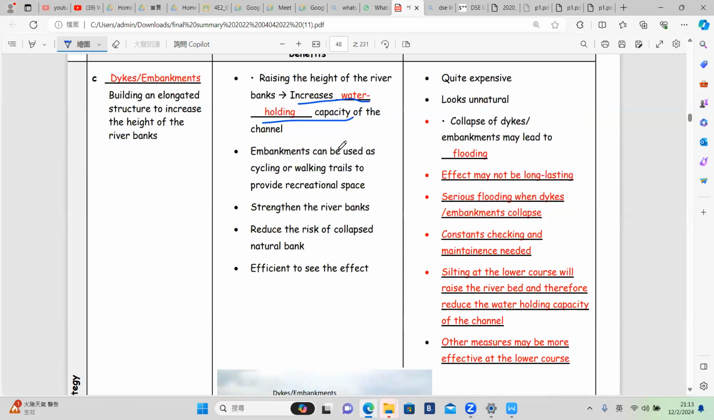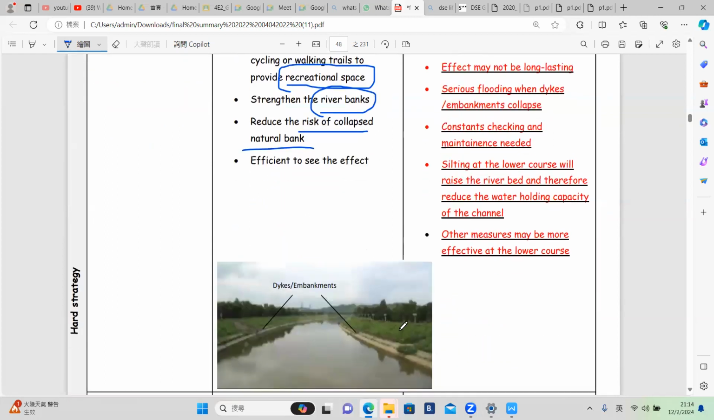Bear in mind for this, what are the benefits of the dike? Just like the Shingmun River dike, it can provide some space for recreational land use, letting the bicycle riding, so on and so forth. The river bank will also be strengthened, and then also reduce the risk of the collapsed lateral bank, efficient